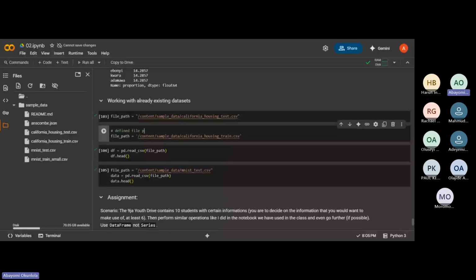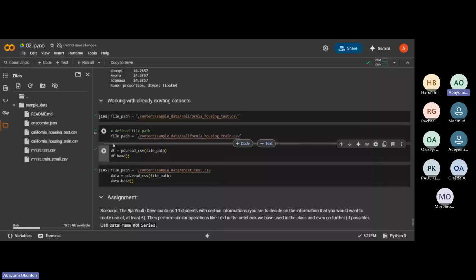Now you need to run this to memory. Having defined the file path to memory, you call your data frame. Your data frame can be given any name, but please ensure you give it a sensible or logical name while you are writing.